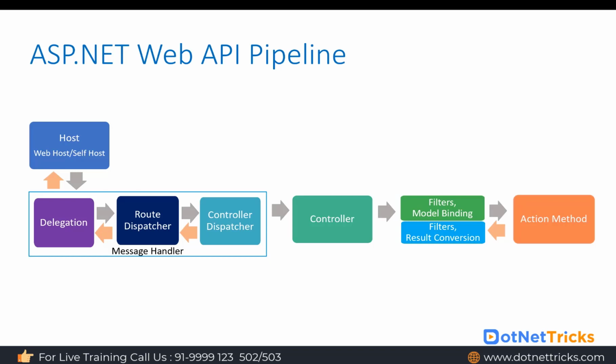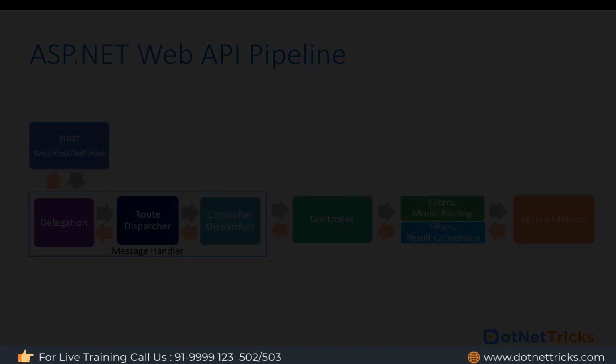Obviously there is a result conversion process, where there is serialization of the C# object or C# list into the desired format. When everything goes well, it returns the response. So this is a typical ASP.NET Web API pipeline, or you can say these are the main steps in your ASP.NET Web API pipeline: how it handles the request, processes it, and finally returns the response to the client whenever a user requests something, like data, from the Web API.